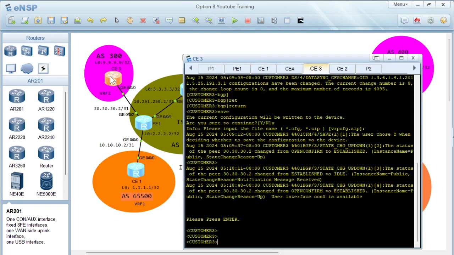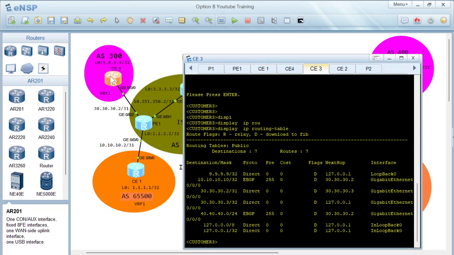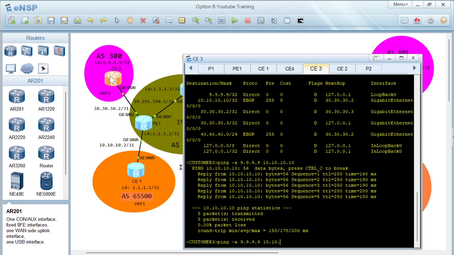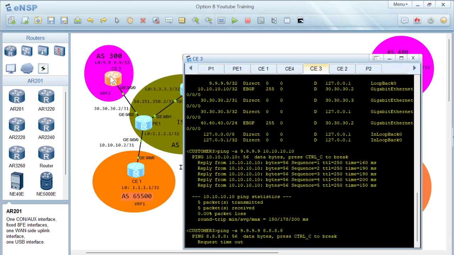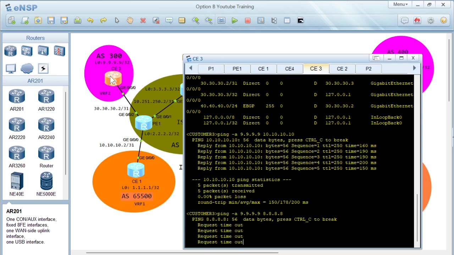On VRF2, we can also verify that we have the route, display IP routing table. We have 9.9.9.9 and 10.10.10.10. So if I ping -a 9.9.9.9, we are pinging 10.10.10.10. We are able to ping. But if we try to ping 8.8.8.8, we should not be able to, because they are in different VRFs. So we have separated the traffic from different customers using the VRFs and isolated them so that they cannot communicate through